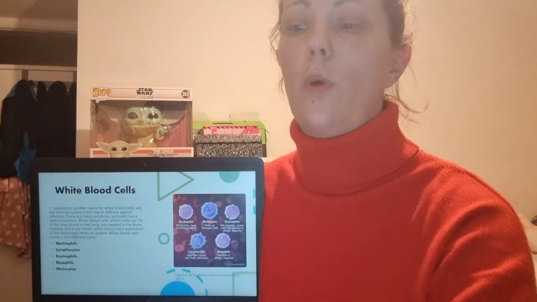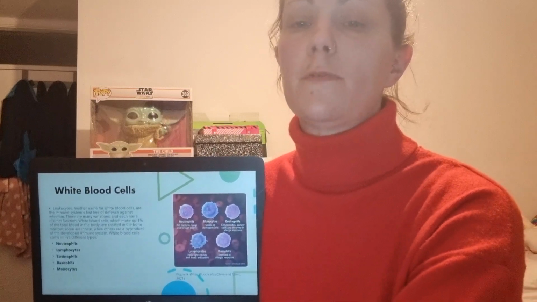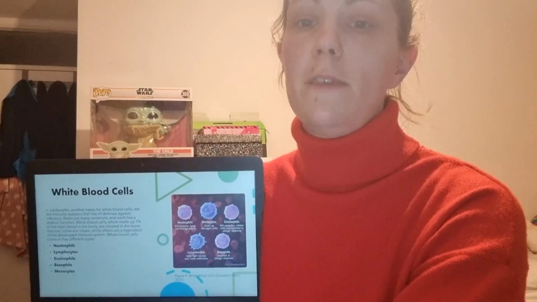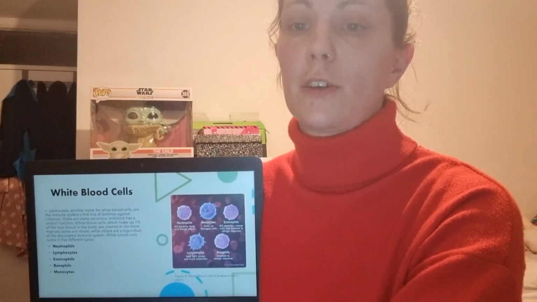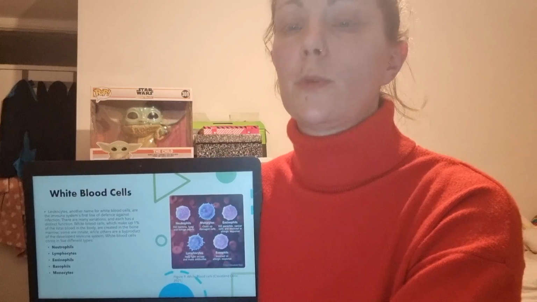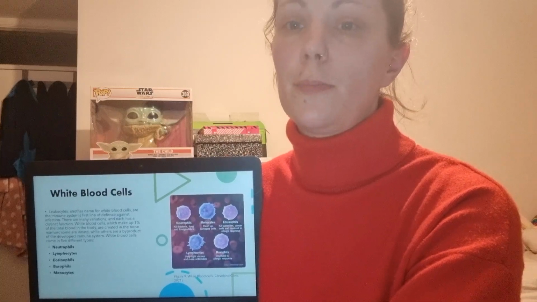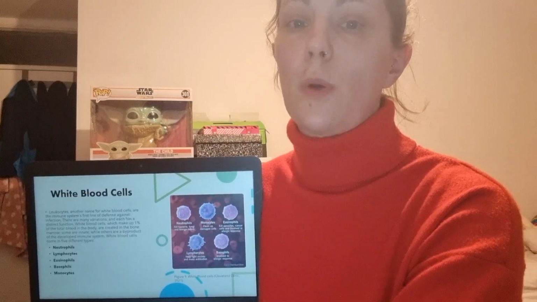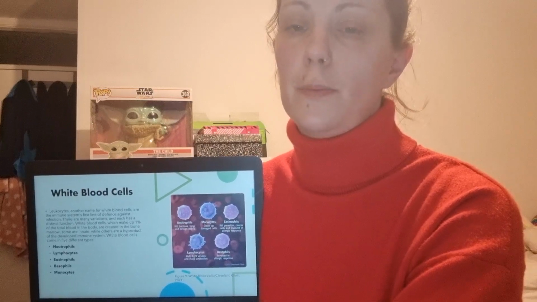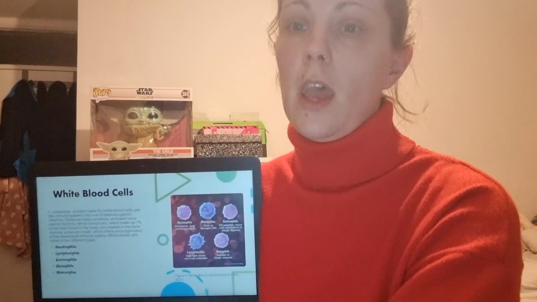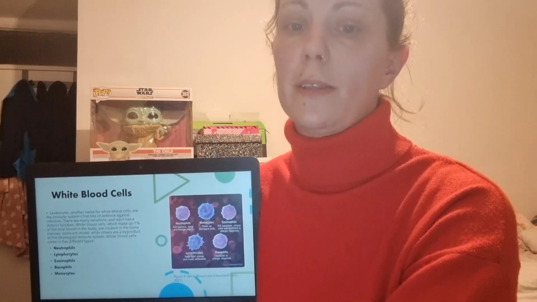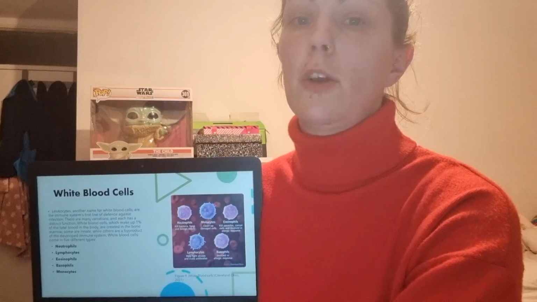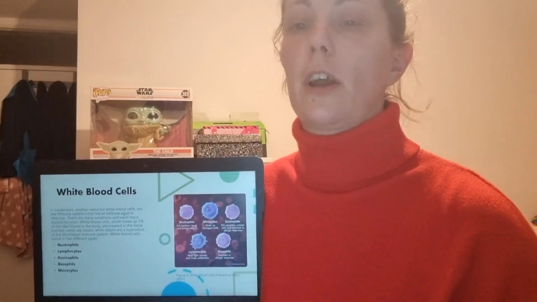Leukocytes, another name for white blood cells, are the immune system's first line of defense against infection. There are many variations and each has a distinct function. White blood cells, which make up 1% of the total blood in the body, are created in the bone marrow. Some are innate, while others are a byproduct of the developed immune system. There are 5 distinct types of white blood cells. They each play different roles and offer particular immunity, which can be seen on the diagram on the screen.